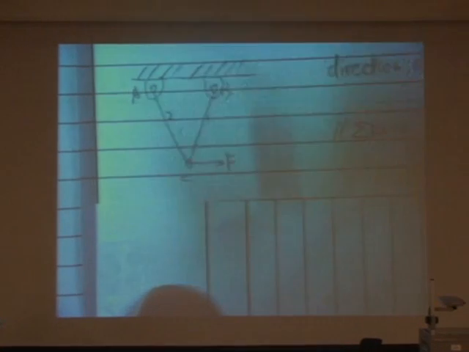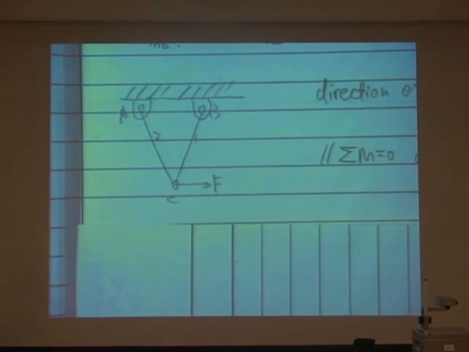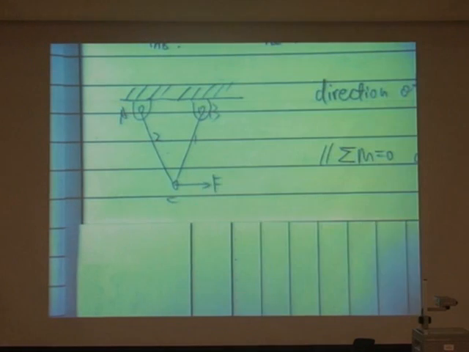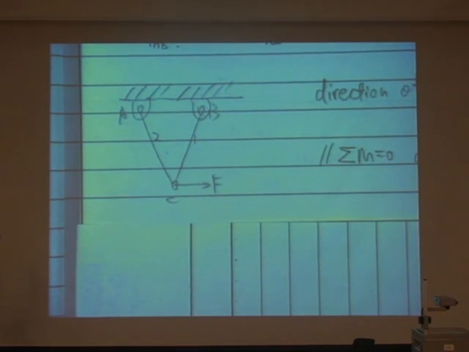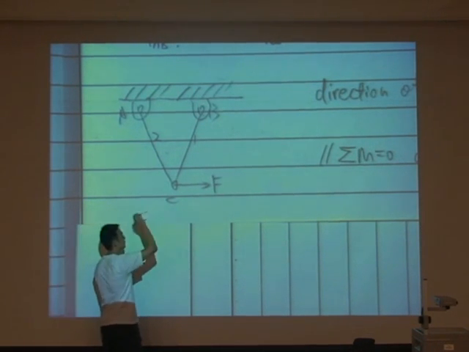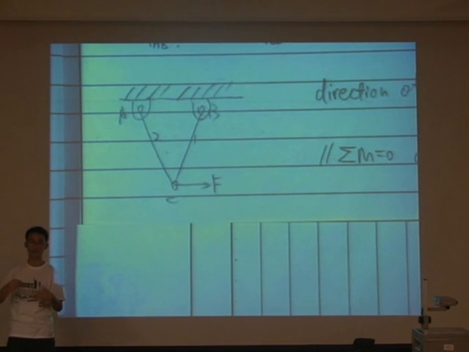Now, a little bit tricky one. Just now we have only touched the forces. Now we're going to touch a little bit on the moment. For this one, remember AC and BC are two rods. The points C, A, B are all joints which allow free rotation. So if they are joined like this currently, if I apply a force F horizontally in this direction, what are the directions of forces